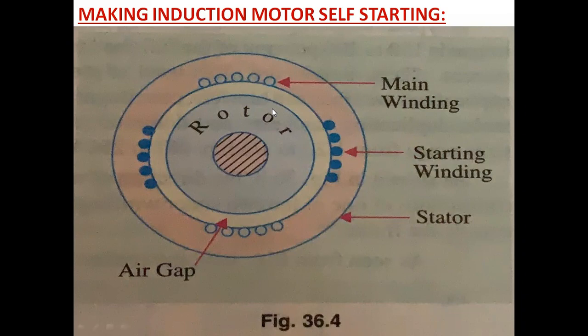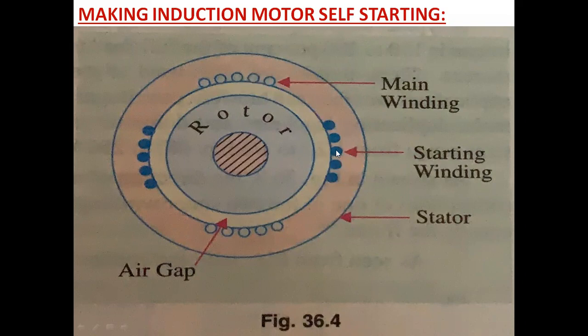First of all, there should be some phase difference. The phase difference only produces the relative motion between the two phases. Suppose I am arranging the phase difference between the currents in the two stator windings. This winding you are already having and this you are adding, the starting winding is added. Both are stator windings only, the main winding and the auxiliary winding.